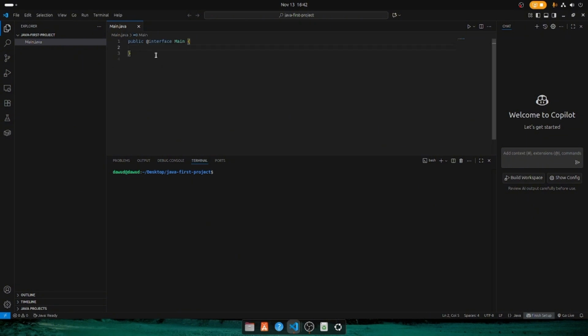Our IDE is very smart. It already creates the structure, but it creates an interface, so we change it to a class. We have to mention the public method here. Our IDE helps to write the public method, public static void main, which takes a String array of arguments. We'll discuss these arguments more later, but for now we have to recap the fundamental